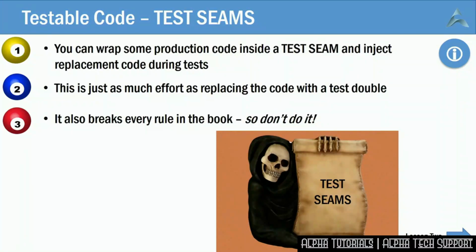A real-life example I can give of this is the car company Volkswagen. It had set up its cars using the onboard software so that when they were being tested, one level of emissions came out, and when they were driving for real, a much, much higher level of emissions came out. This is a real-life example of test seams. The code behaves completely differently, business logic-wise, in production than it does during a test, thus making it meaningless. And it didn't do Volkswagen any favors because they got caught out and had to pay a load and load of fines.